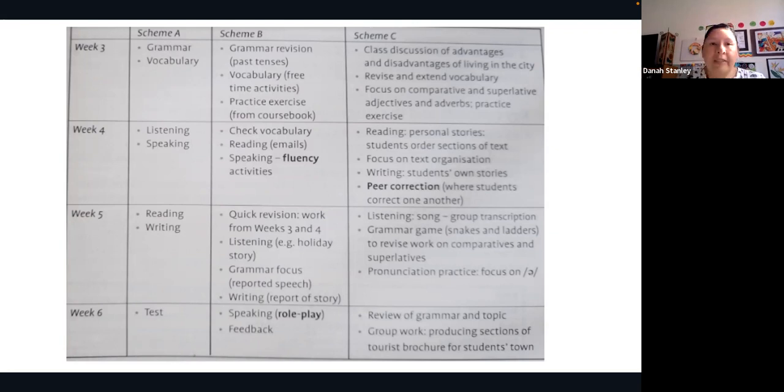My suggestion is that, yeah, it's because it has worked for me. For me, it's easier to be evaluating every single class than having loads of readings, loads of writings, loads of grammar, loads of listening exams at the very end. And also, for me, it's fair for the students to evaluate them during all the classes and not judge or evaluate a period of time just with one paper.